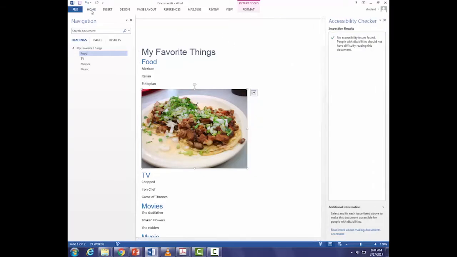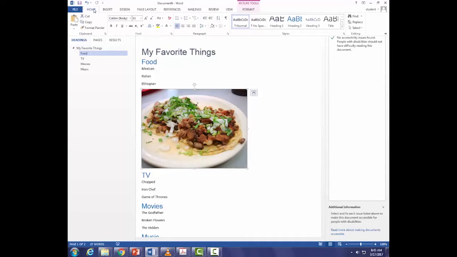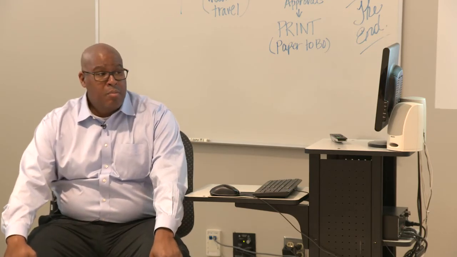So if you've been paying attention, all we've really done so far is just figured out what some of these groups do, and we've used some built-in features. That's really all we've done. We did add alt text to an image, but other than that, we haven't done anything you normally don't do in Word. We just did it a little bit differently. We use the tools, and it'll be quicker and easier, actually, right?